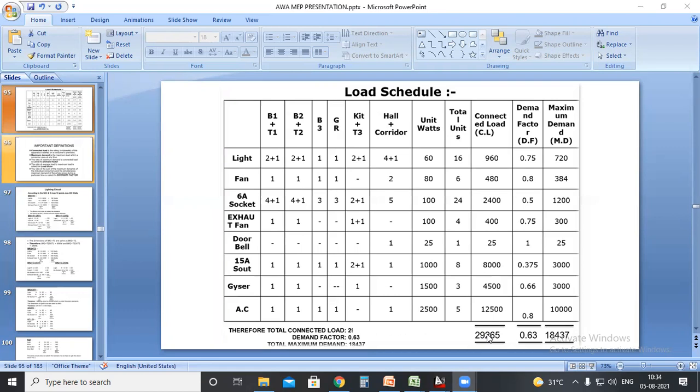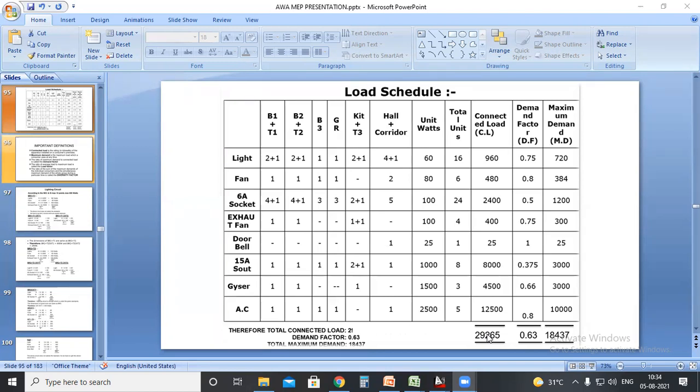Now we have to balance the 3-phase load. So balancing the 3-phase load is the next step. The first step was to prepare the primary schedule. From the primary schedule, you will get to know which rooms are coming and the equipment and the load in each room. After that, we prepare the lighting circuit. Then comes the power circuit. Then the next step is to arrange these loads.